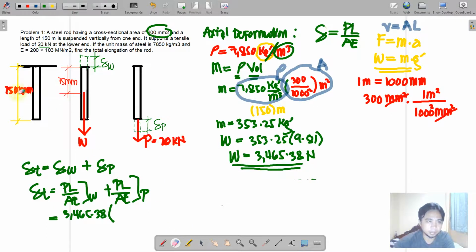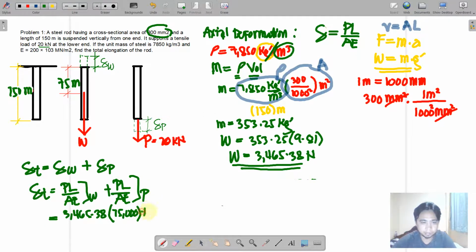We'll have to correct this one. So this is 150 meters and the half is 75 meters. So if that is in meter, therefore it should be expressed into millimeters. So this is 75,000